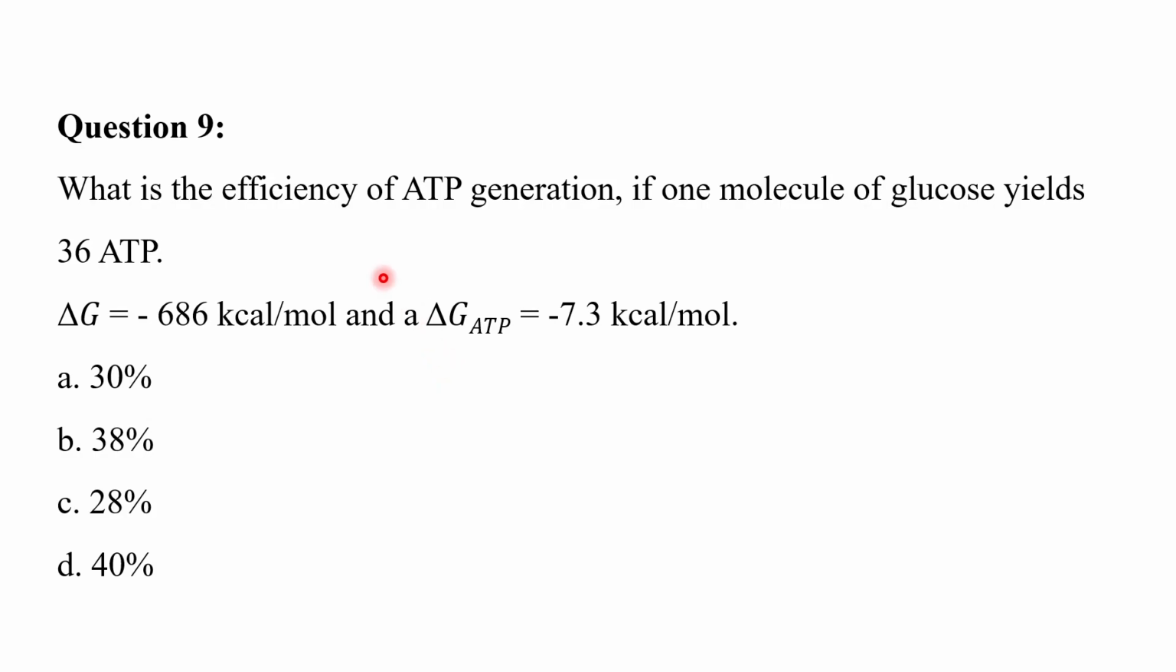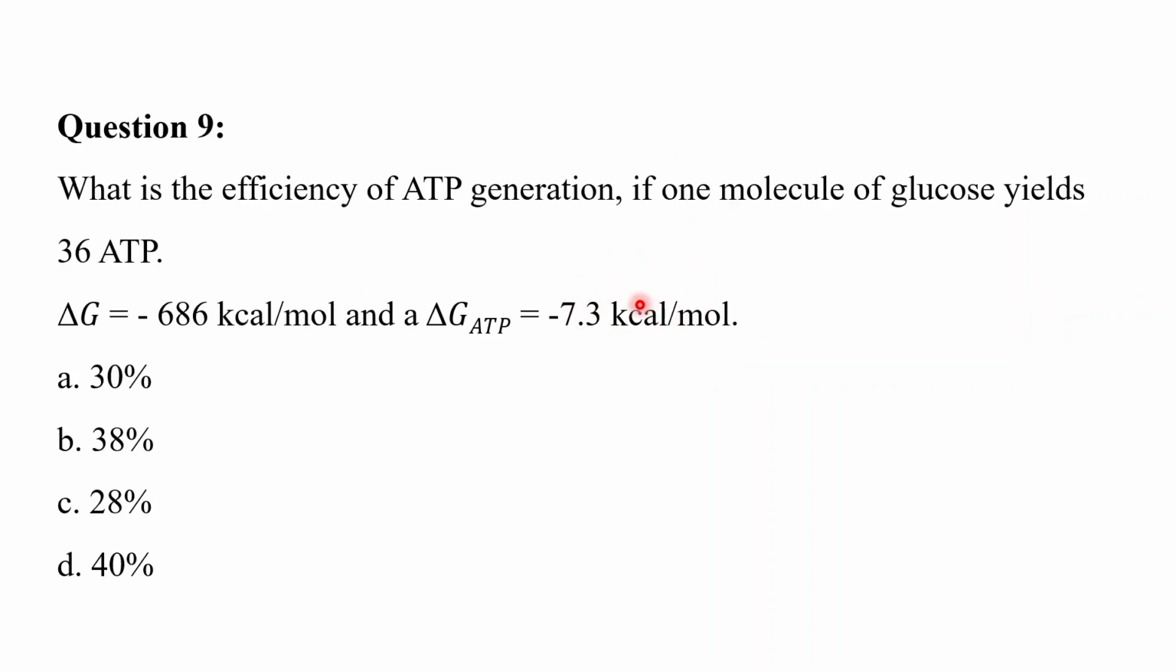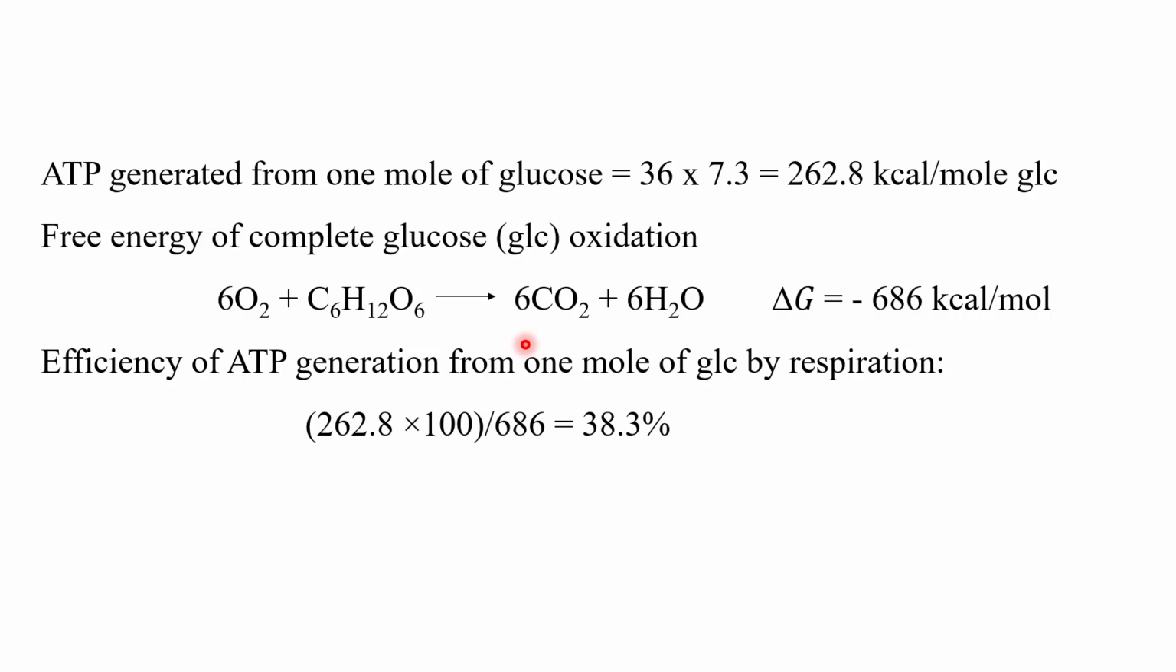So in this question, the efficiency of ATP generation has to be calculated if one molecule of glucose yields 36 molecules of ATP. Let's see how to solve this question. ATP generated from one mole of glucose is 36 times the energy required to synthesize ATP, that is 7.3 kilocalorie per mole. So 7.3 kilocalorie per mole is the delta G value for ATP. 36 into 7.3 is 262.8 kilocalorie per mole of glucose. That means 1 mole of glucose can generate this amount of